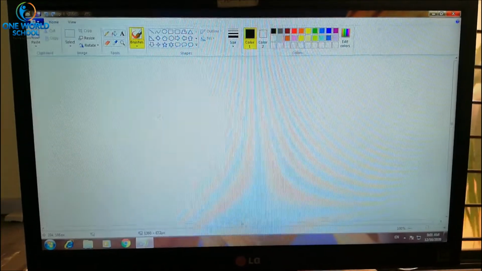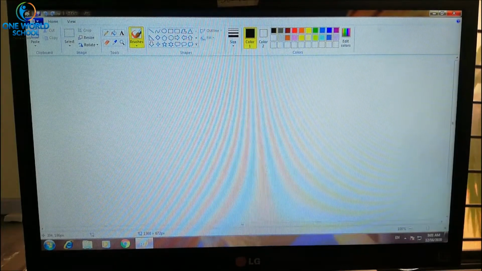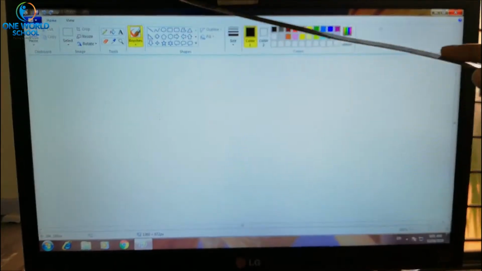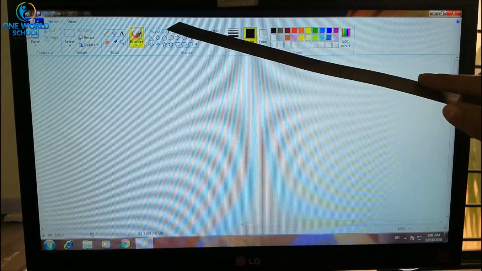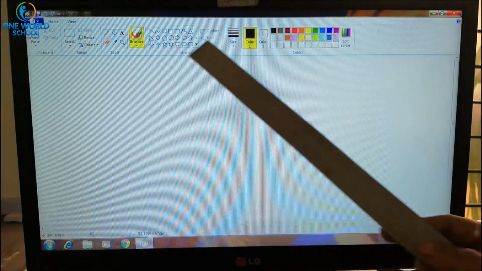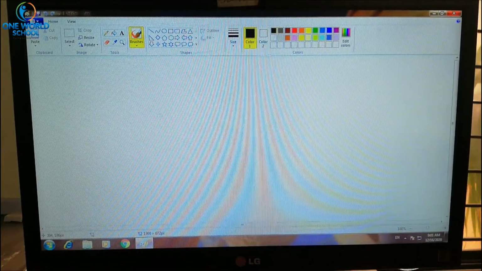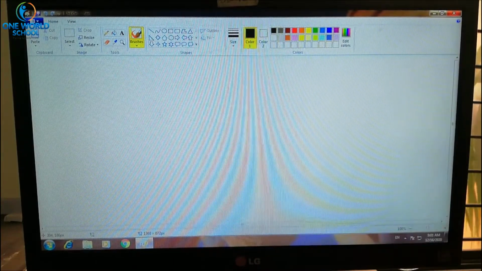The basic interface of Paint I have already told you. The first bar we call the title bar, then the second bar we call the menu bar, and the third one is the ribbon. In the ribbon we have so many tools.